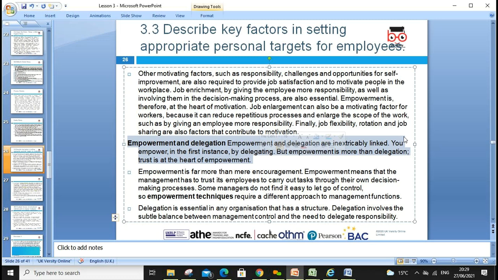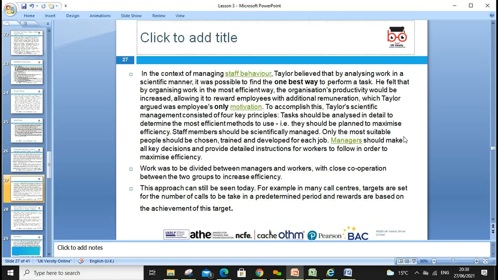That also helps give the individual a target. Say to them, you write what you expect, what you think you will do. And then collectively, you do something like a 360-degree appraisal, not only the performance appraisal. So we need to think about that as well. Empowerment is more than mere encouragement. Empower means the management trusts the employees to carry out the task.